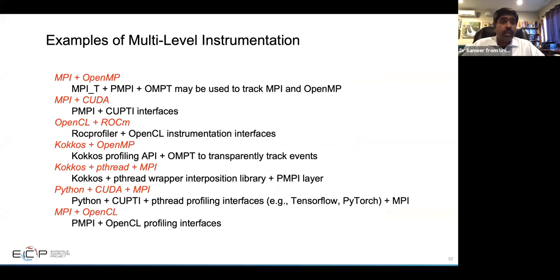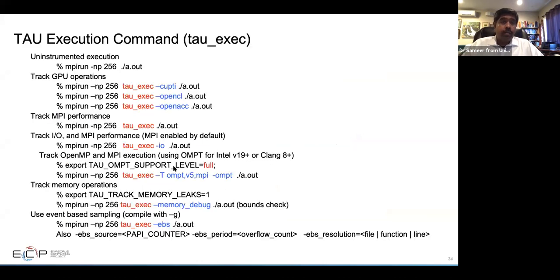So you could mix and match and say, I have an application that uses Python with CUDA, with MPI, using say Horovod, and then I want to use all of these features together, and then you can pick the tau_exec and launch it with this parameter, which says either CUDA or OpenCL or OpenACC or OpenMP tools interface, or enable event-based sampling for the rest of your application. You can also specify if I want to observe the data at the level of functions or files or line